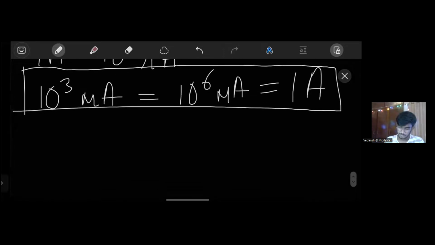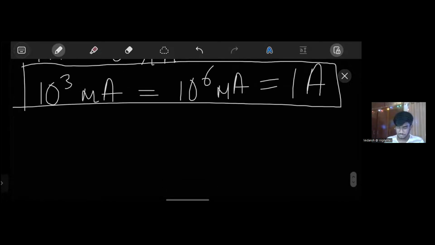Okay. Now, ampere is the superior quantity. Milliampere is the middle quantity, and microampere is the smallest quantity. Correct? Now, let us move forward and ponder upon some of the most common symbols